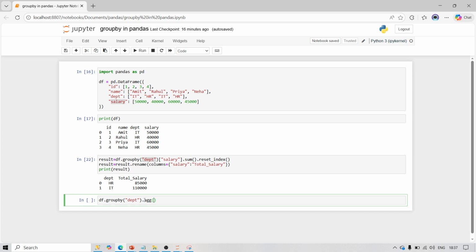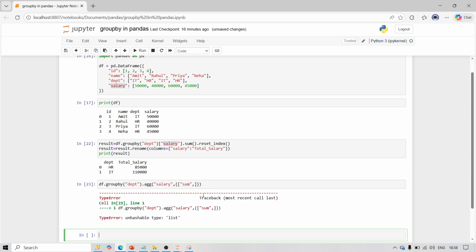After aggregate, here we need to mention which column we want to perform the operation on. So here we need to give the salary, and after that we need to give what operation we want to perform. So we want to perform sum, max, and min operations. And now if I run this code,